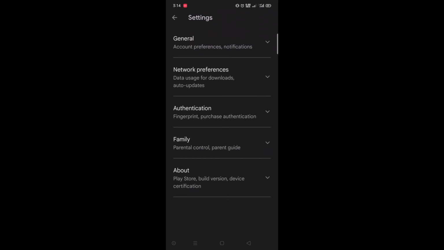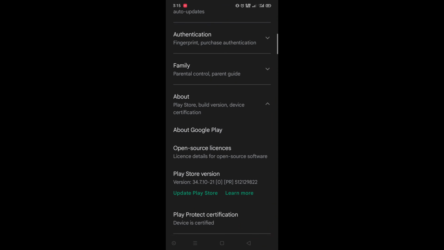Now, on the screen, you can see lots of options, but just tap on the About section and scroll up. And down there, you can see Play Store version and two options, Update Play Store and Learn more. Just simply tap on Update Play Store